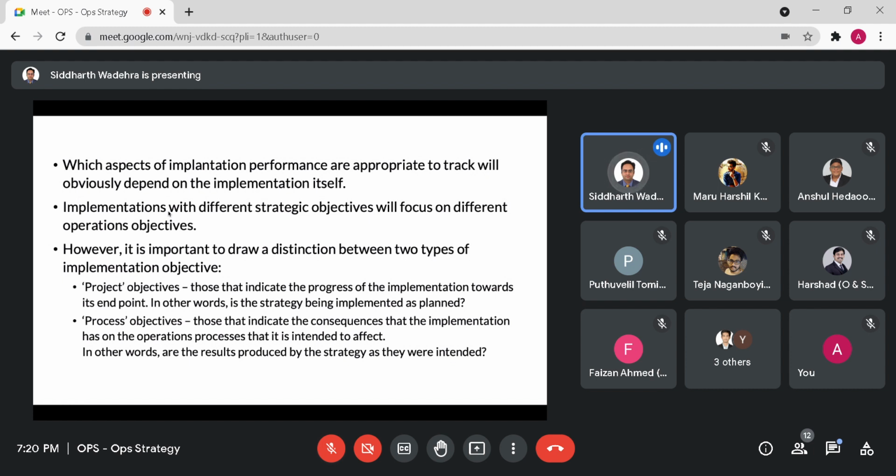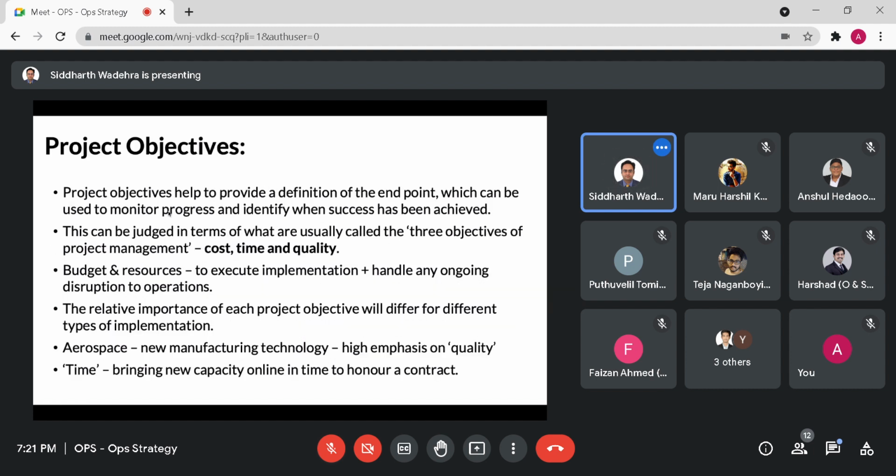So again, I think these are really theoretical, a little bit of dry stuff. It's good that you know it, but I think don't spend too much time on this particular bit.